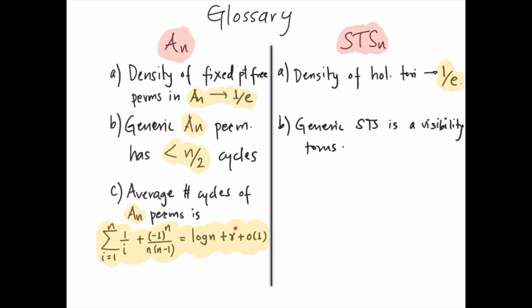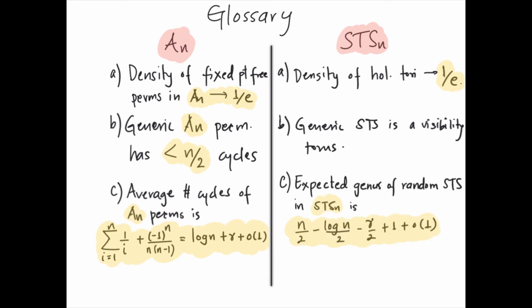And this is exactly where the Euler-Mascheroni constant comes from. And what this means for us is that the expected genus of a random square-tiled surface with n squares is n over 2 minus log n over 2 minus gamma over 2 plus 1 plus something that decays to 0. And that's because